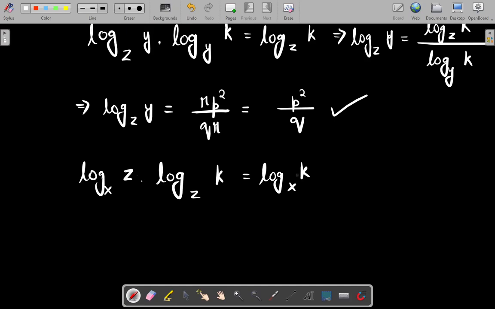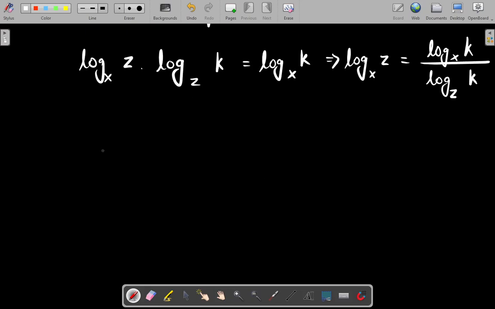This z and this z will cancel each other, so from here log z base x can be written as log k base x upon log k base z, right? So this implies log of z base x will be equal to